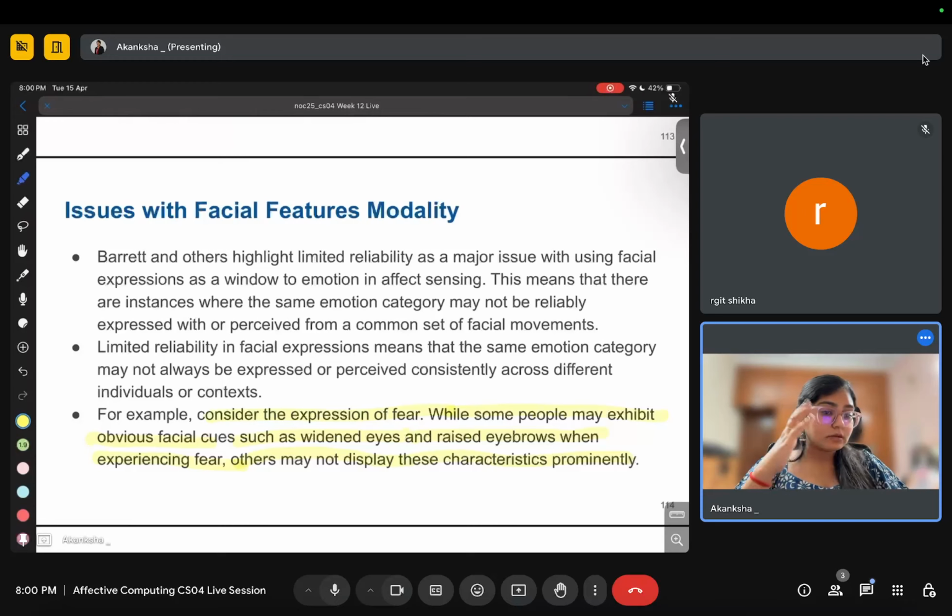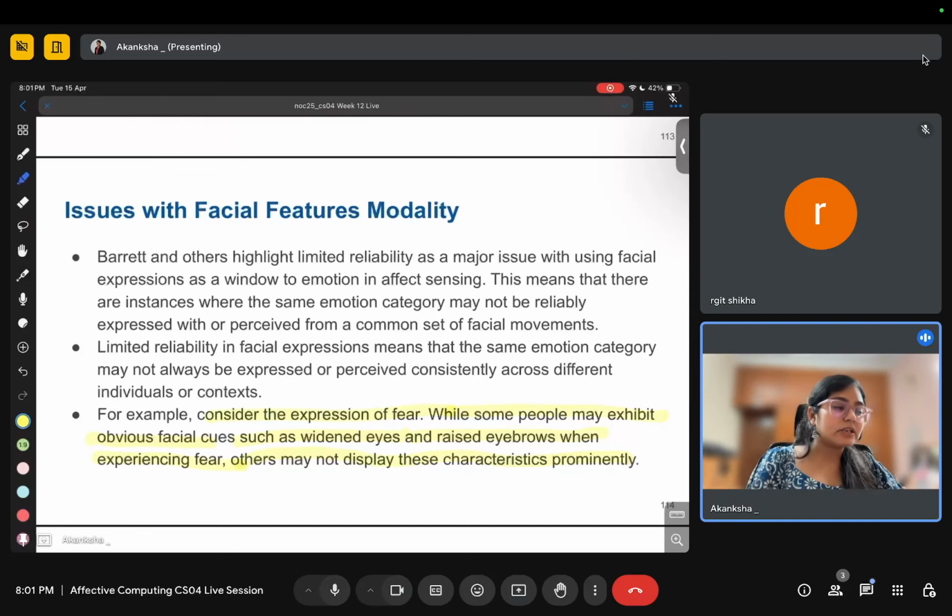So the system can be confused. The system will be confused about what the right way is, what actual happiness looks like, because everybody is expressing it differently.